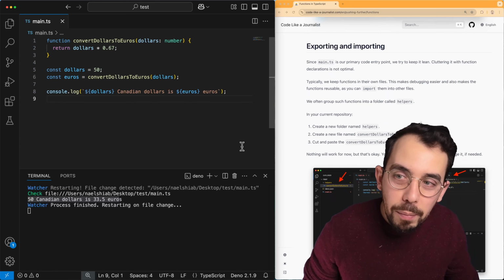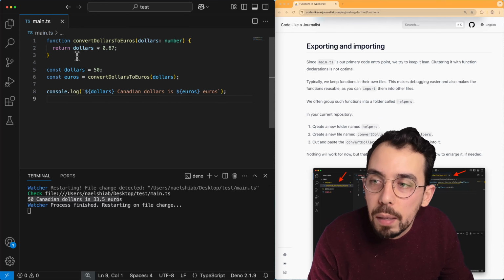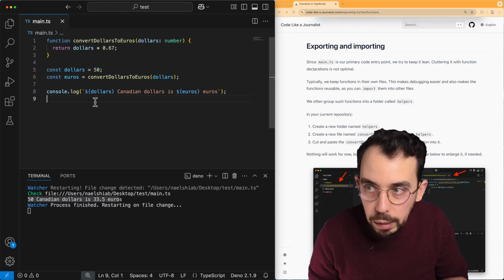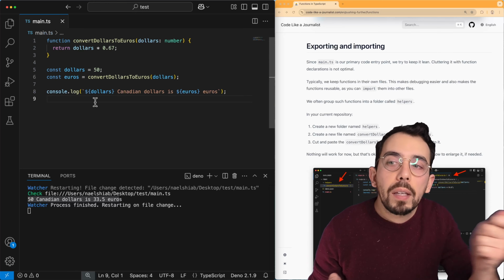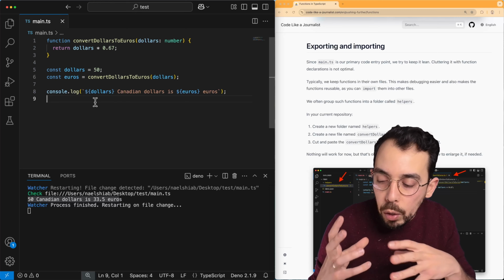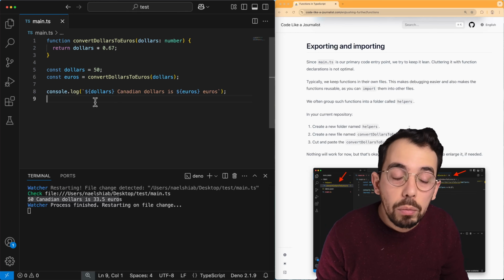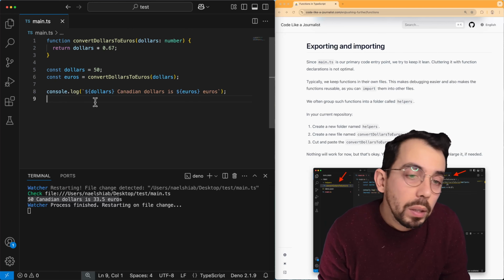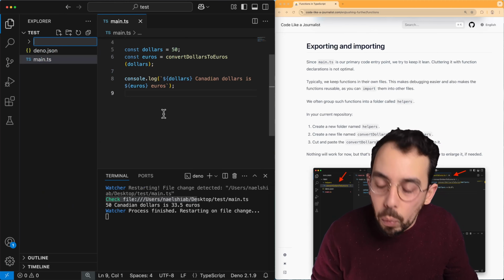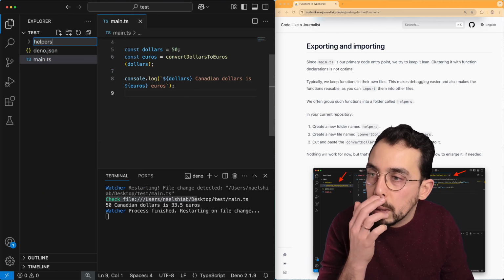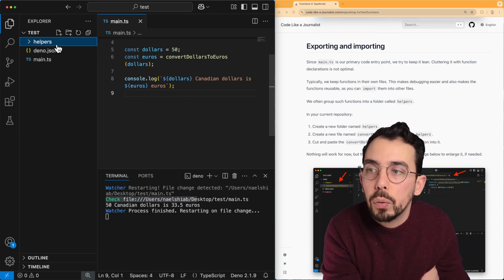All right, so this is about functions, basic functions, but it's not very convenient to keep all of your functions in the same file. Usually what I like doing is to create files for my functions and just call the files and reuse that. It keeps your code more organized and easier to debug, and also it's just easier to reuse your functions anywhere you need. Usually, we create a folder named helpers in which we put all of our functions. So create a new folder, helpers,